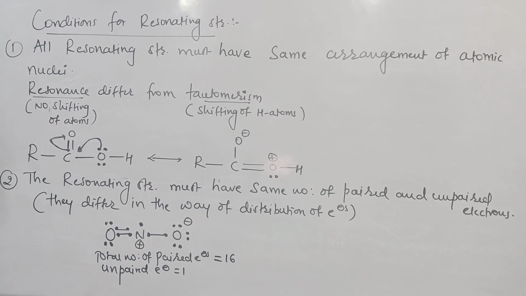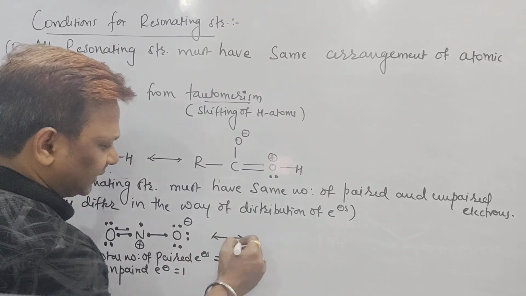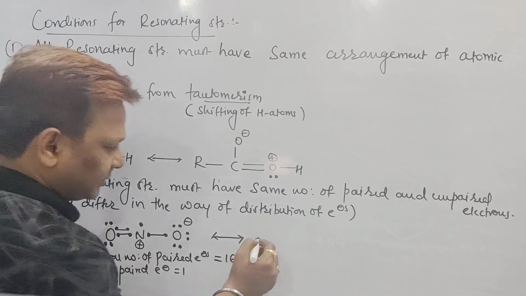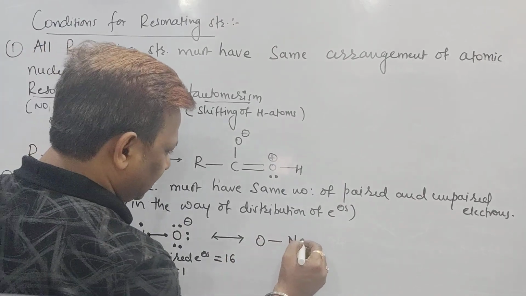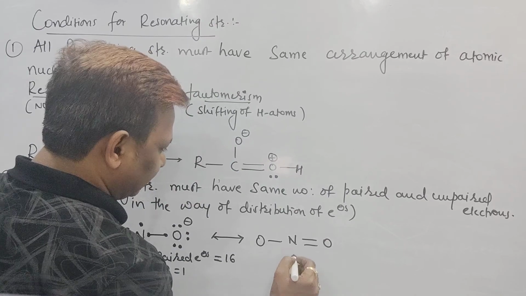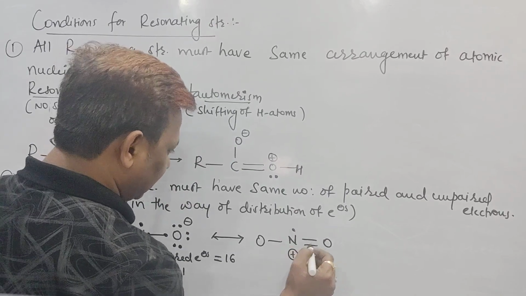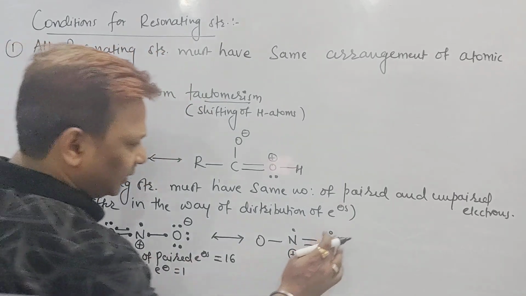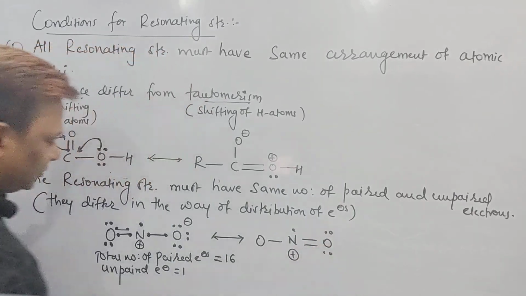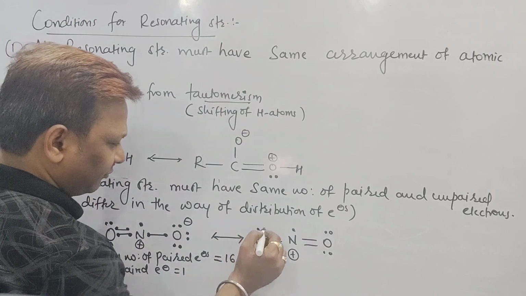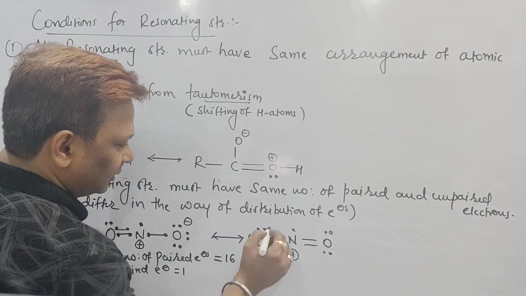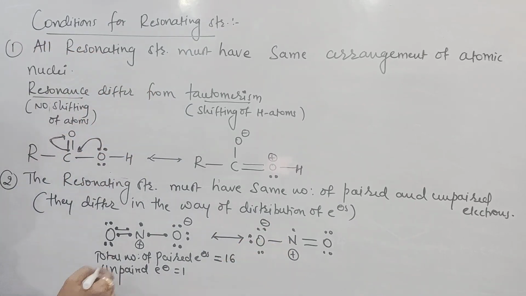Okay, I want to draw the resonance structure of it. How to draw the resonance structure? Just see here. Everything is the same. This double bond comes to here, it goes to here, the single bond comes to here. That means O single bonded with N, double bonded with O, and it will have a positive charge, one unpaired electron. It has 2 lone pairs, right? So the double bond oxygen has 2 lone pairs, the single bond oxygen has 1, then 2, and one more 3, and O will have the negative charge and this doesn't.